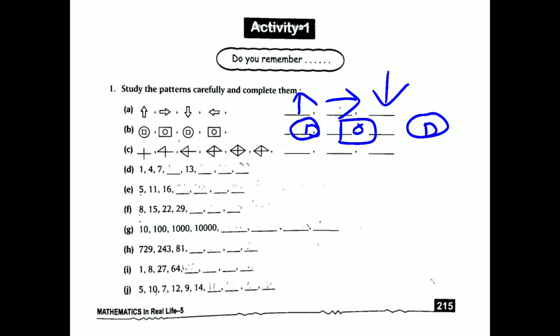Now see C part. There are 2 lines, which make the plus sign, then on one side they join, the second side they join also, then in the third they join 3 portions of a line, then all 4 they join, then they are removing one line. So after this how many lines are left? 2. So you make like this, then one line they will remove, it will be like this only. Clear? And then at the end plus comes.